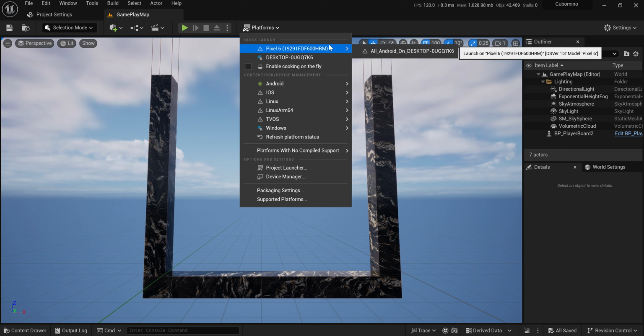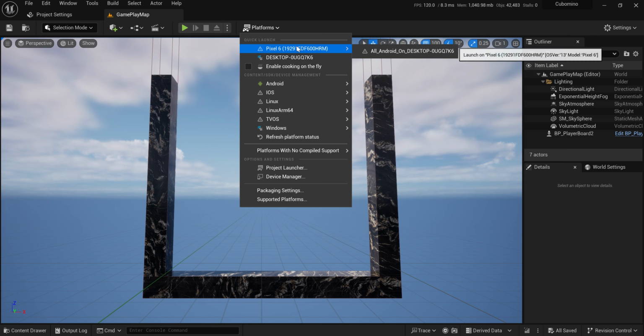If you are going through the official documentation provided by Epic, it will tell you that you have to use a certain version of Android, but that is not true anymore. I just installed the latest. I had to install the SDK and the NDK, and then there was a batch file provided in the Unreal